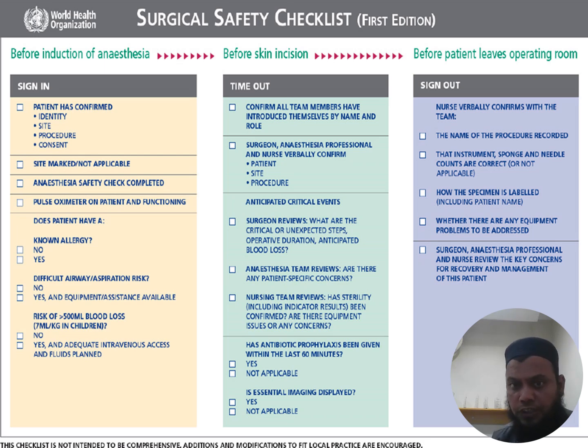The surgeon and anesthesia professional confirm the patient's name to cross-check that the correct patient is going to be operated on. The patient's site is confirmed, and the procedure is confirmed. They discuss all anticipated critical events during the surgery, like blood loss, placement of an implant, or other things which